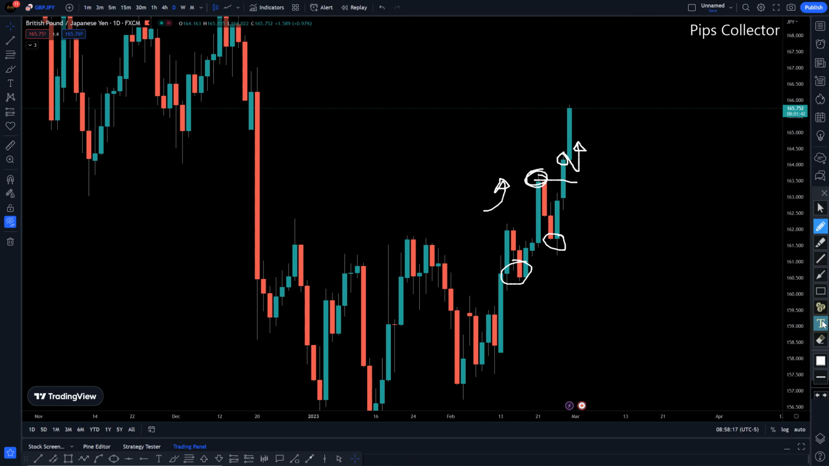Okay, simple market structure. Let me put it this way. We opened here, went high, came down and closed here. Oh, let's not forget this point. Opened here, came down, went high, dropped and closed here. So this looks like